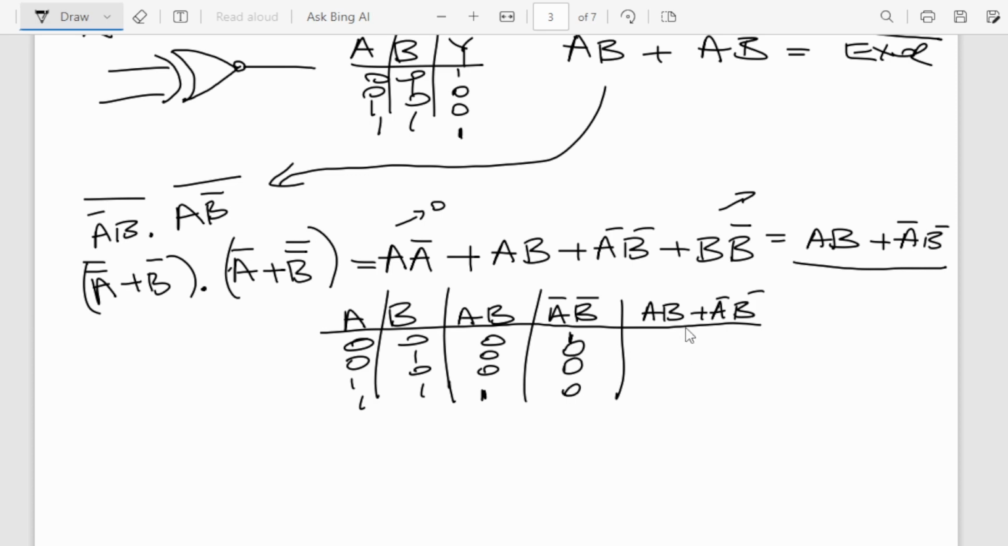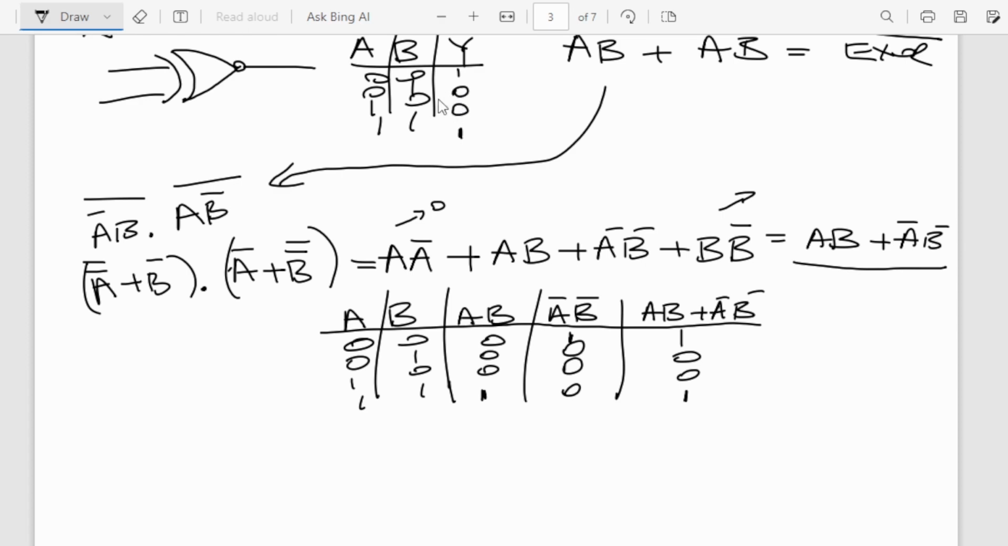Okay. So now, here we are just ORing these together. OR means anytime we have a 1 in these two, again, these are the two inputs, our output is going to be 1. So the question is, do we have a 1 here? Yes. Do we have a 1 here? No. Do we have a 1 here? No. Do we have a 1 here? Yes. So you can see that the truth table here for this Boolean expression is the same as the truth table